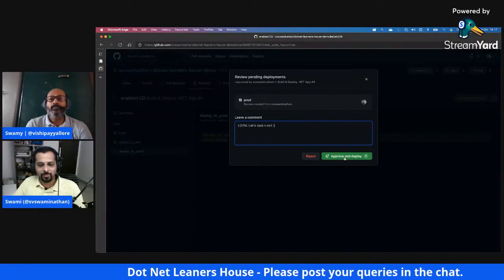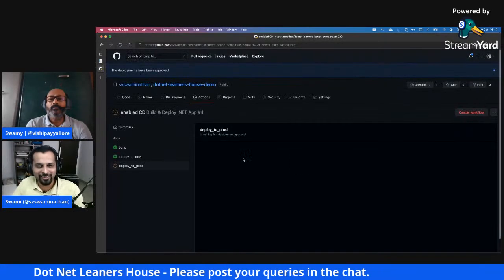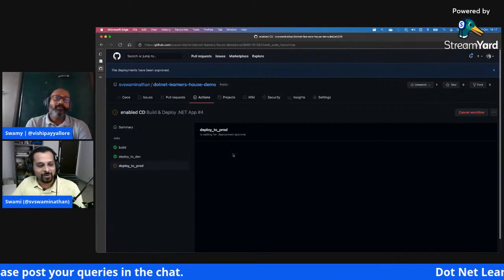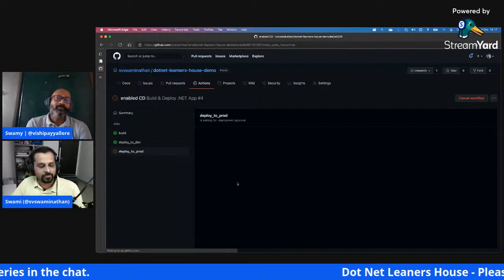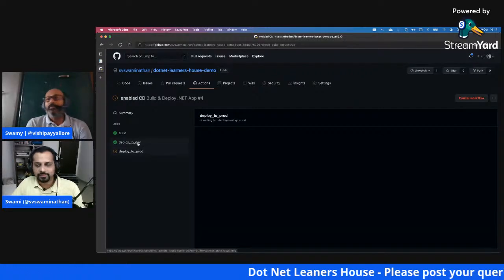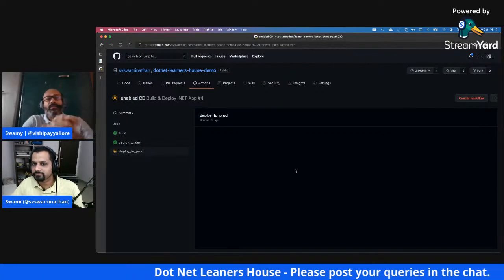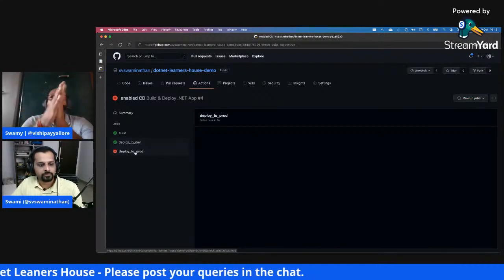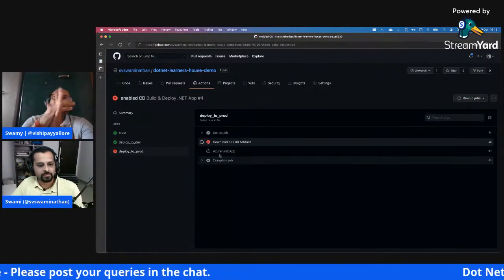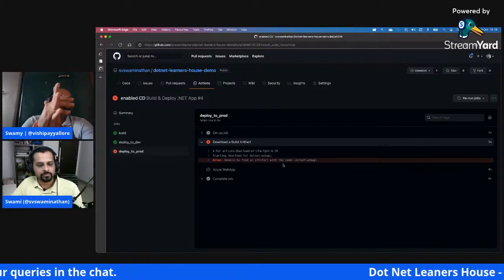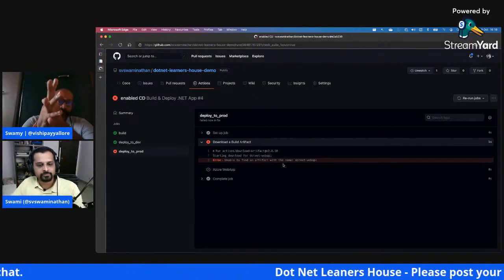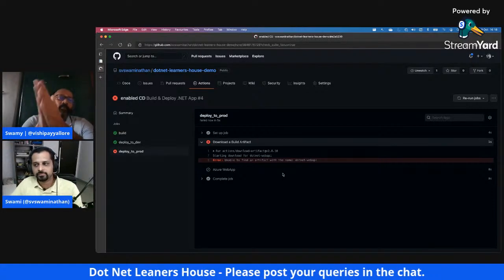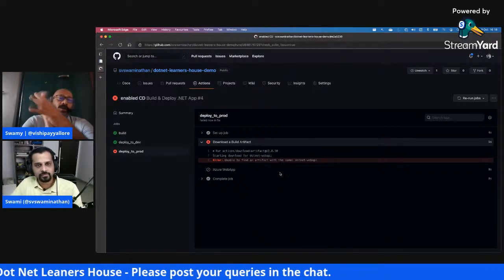And then I'm going to approve this. Of course, I should have gone and tested my dev version. Since it's a demo, I didn't do that. Once the deployment is complete, it will start the deployment as we have given in those steps. It's like a little bit of confidence level testing before we push into prod. The lower level environments like dev, we can deploy automatically, then run automated test cases, push it to the test environment, hand off to QA, and wait for their approval before pushing it to UAT and prod.